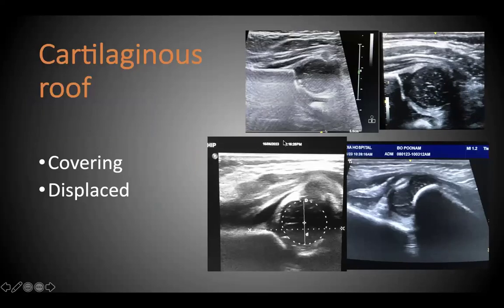Similarly, the cartilaginous roof is described as either covering or displaced. So long as the turning point is above your labrum, the line which you draw, the line of the beta angle,